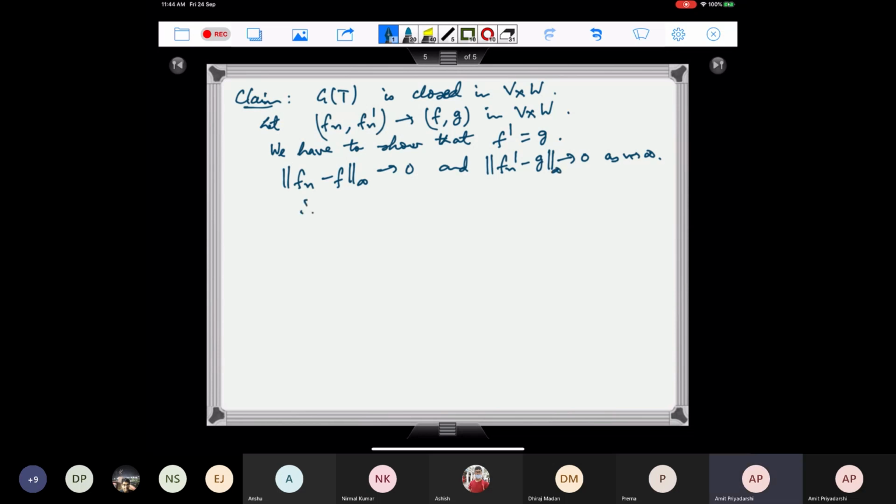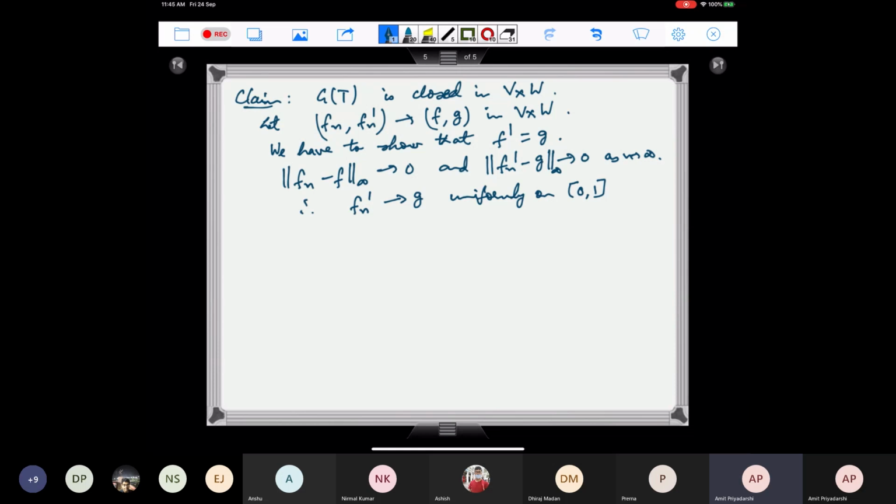So therefore this f_n prime converges to g uniformly on [0,1], right? Because this is the supremum norm, the supremum of |f_n prime(t) minus g(t)| goes to 0. So that is the same thing as uniform convergence. So f_n prime converges uniformly to g,